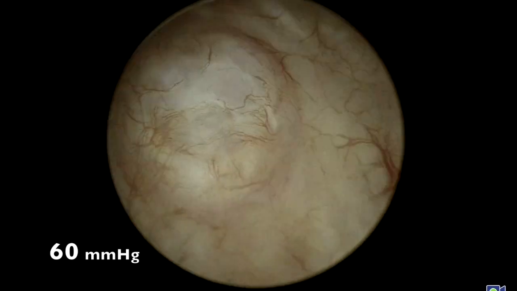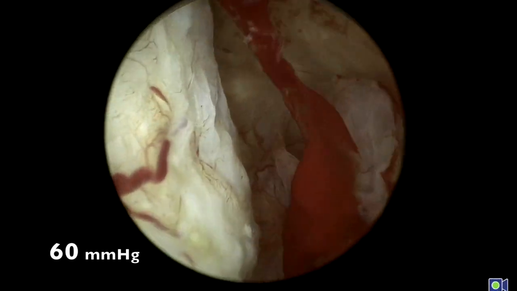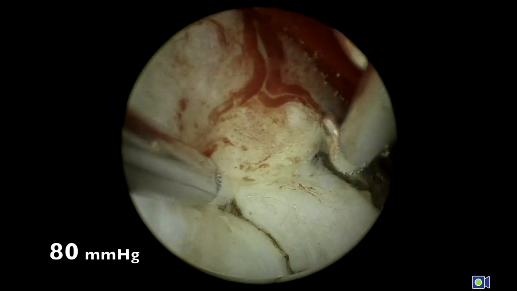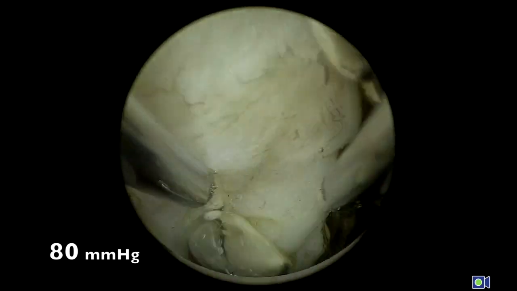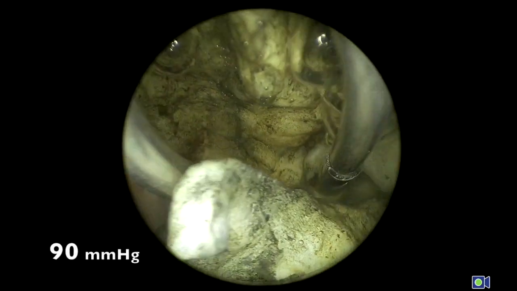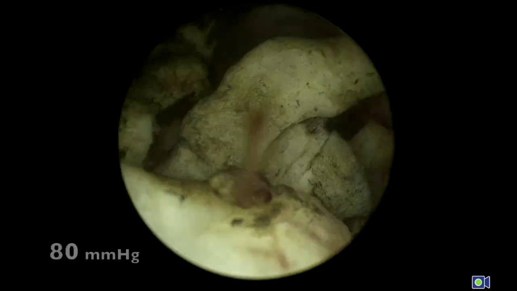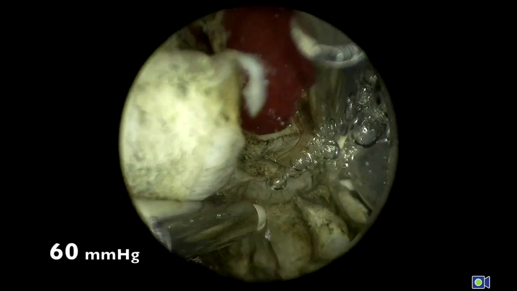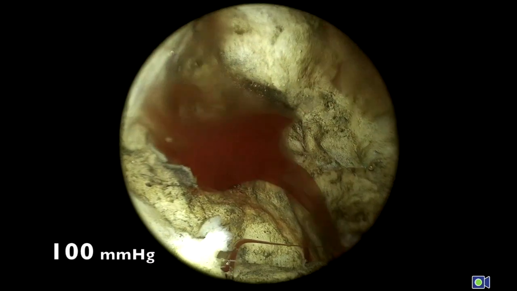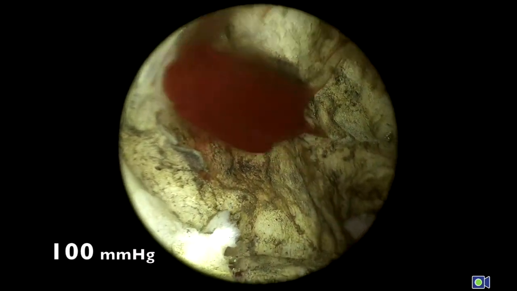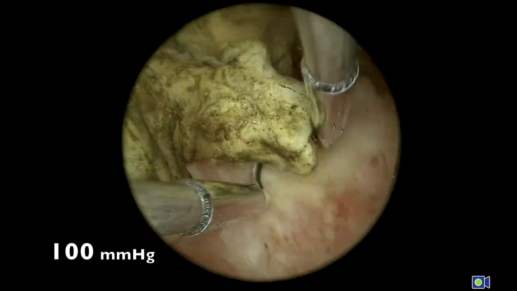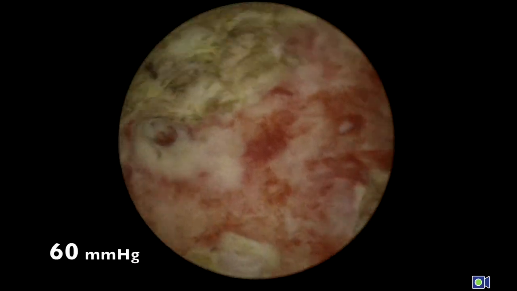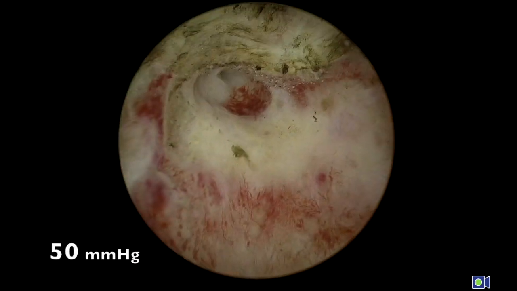While monitoring the fluid deficit, we start with a resection of the obvious fibroid in front of us, decreasing the pressure to be right above the MAP to be able to see well, while minimizing the fluid extravasation. We use the resectoscope to pull out the fibroid particles under vision to avoid using forceps blindly in the uterus, risking perforation. If we get some bleeding, we increase the pressure and continue this dynamic process until we resect the fibroid entirely. After resecting the visible fibroids, we inspect the cavity while dropping the pressure 10 millimeters of mercury at